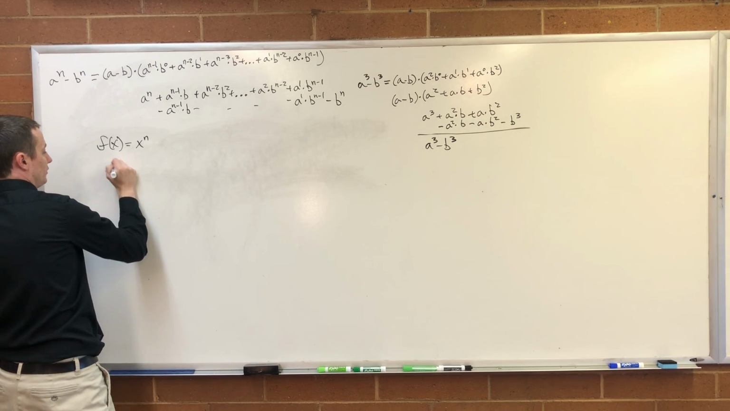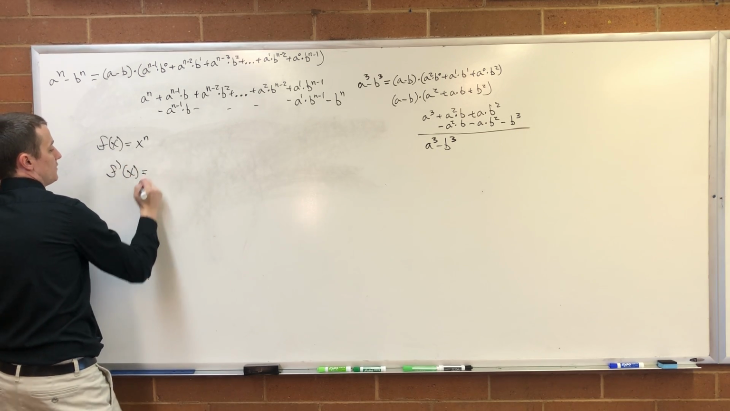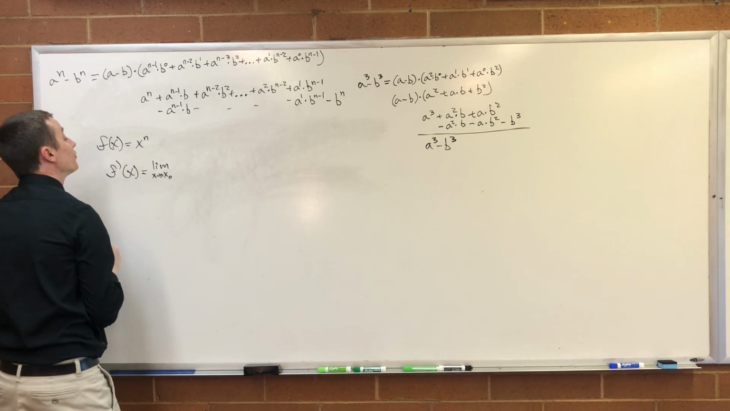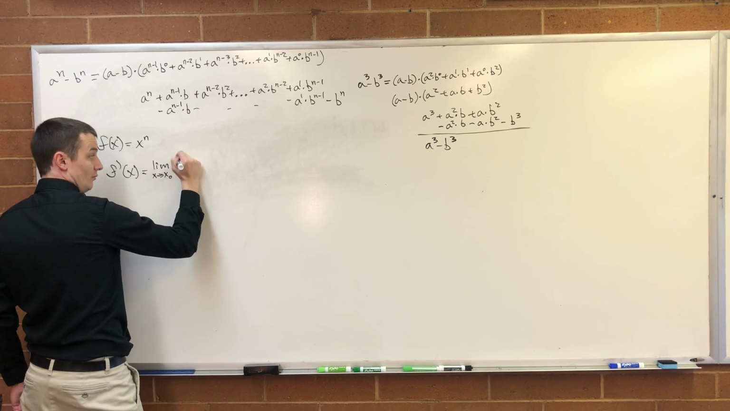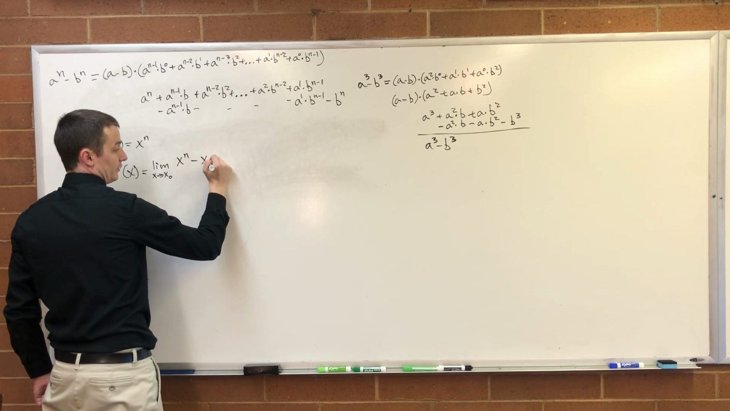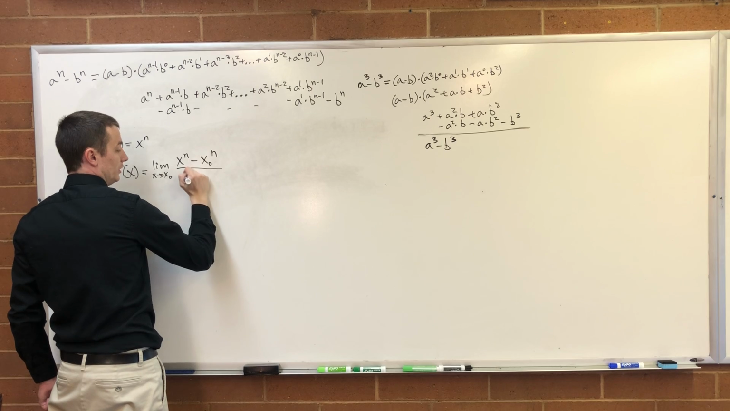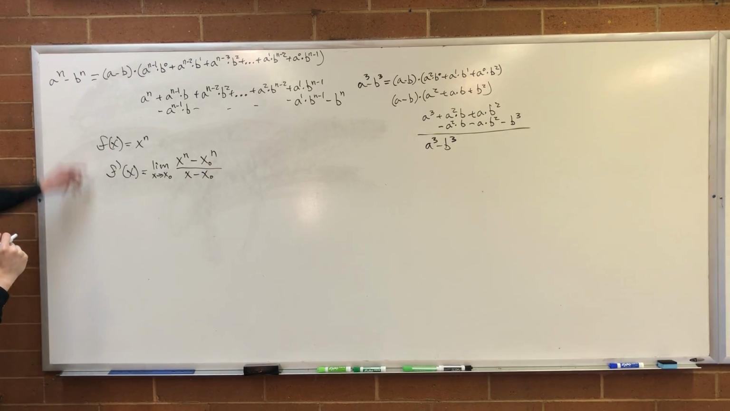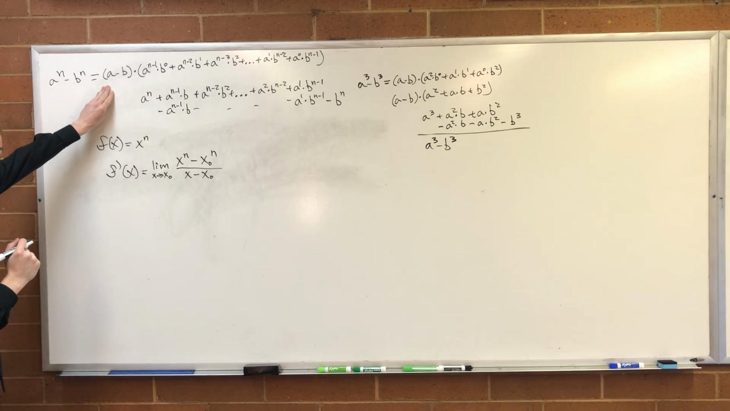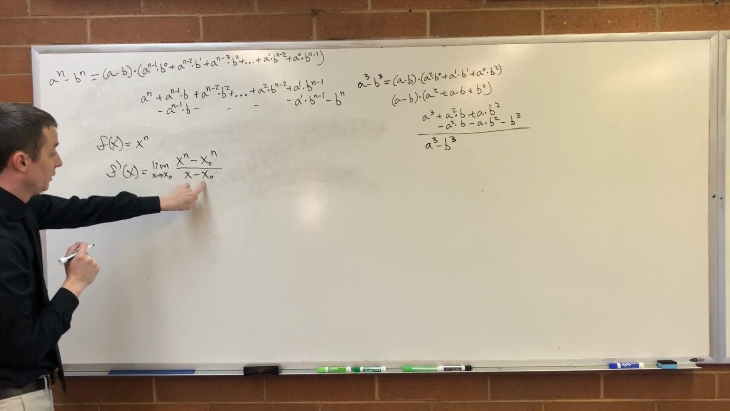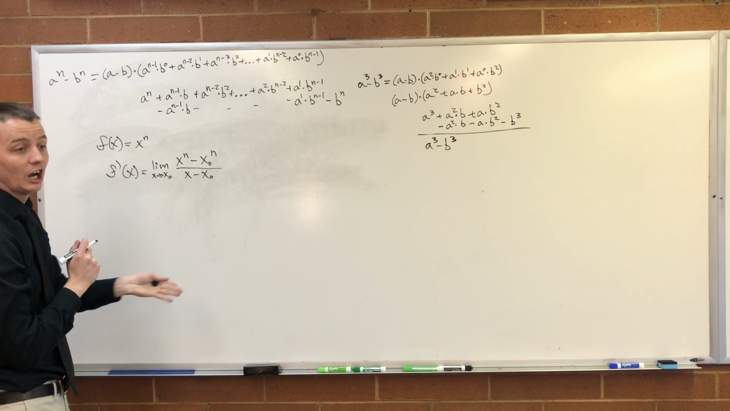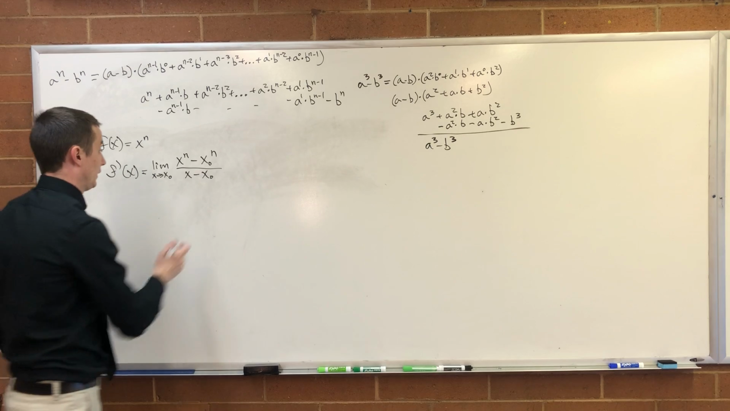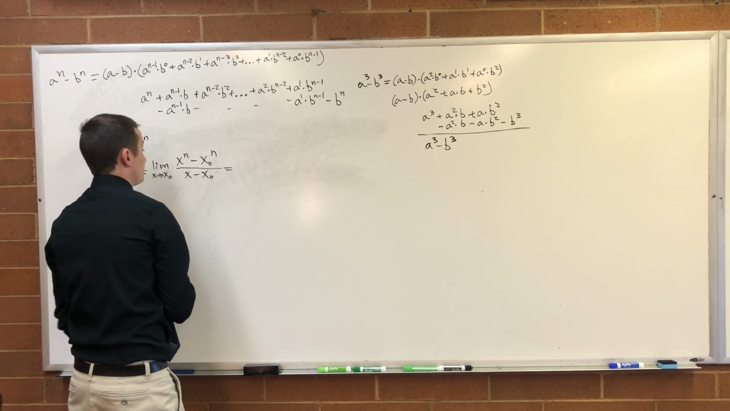So f prime of x is equal to the limit as x approaches x naught of x to the n minus x naught to the n, all over x minus x naught, right? Now you see how this formula is going to help us. We're going to factor an x minus x naught out of this thing, cancel it out top and bottom, see what's left, take our limit. So this is equal to